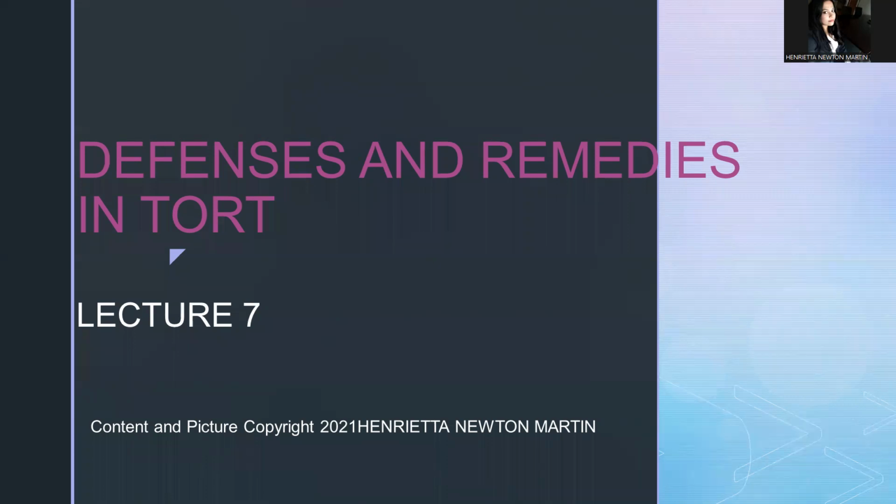It's actionable per se. Like for example, assault. Somebody assaults another person, A assaults B, or in the form of battery, a form of assault. Or trespass to land, or even defamation for that purpose. It's actionable per se on the face of it. Okay. And there are torts which may not be actionable per se, and it has to be proved. That is, the extent of damage has to be proved, and then the court may award unliquidated damages. That is, it is up to the court to calculate the damages that are caused.